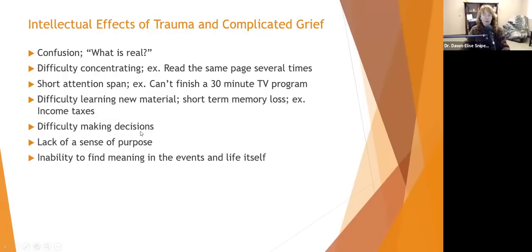Intellectual effects of trauma and complicated grief. A lot of times these kids have difficulty understanding what's real and what's not. Even without trauma, children at that age have difficulty identifying real from fiction. But when they get older, they still may have difficulty differentiating reality from interpretation. Difficulty concentrating. They may read the same page several times